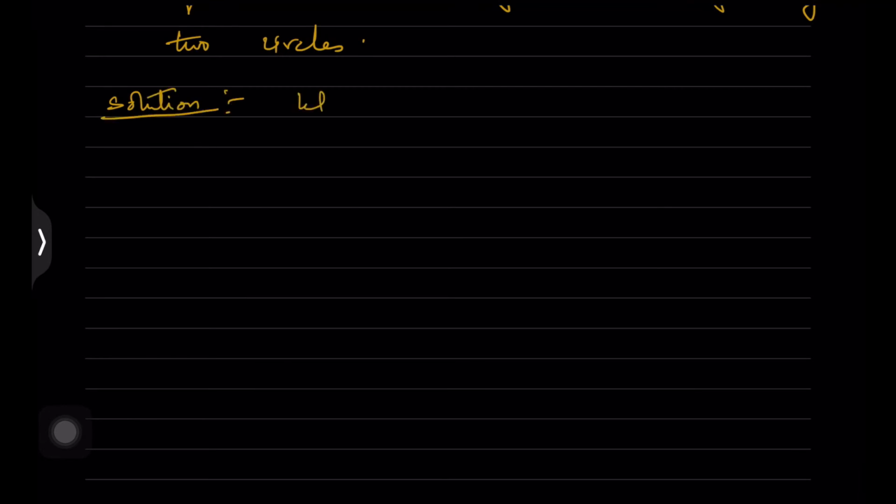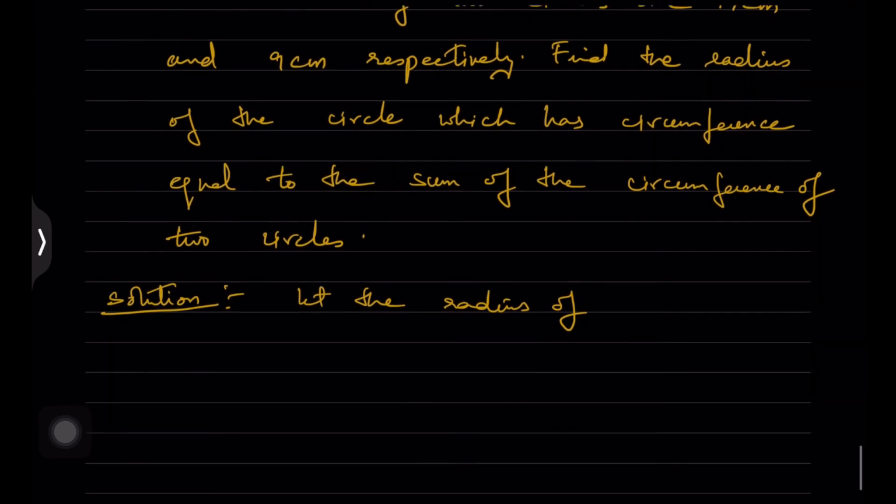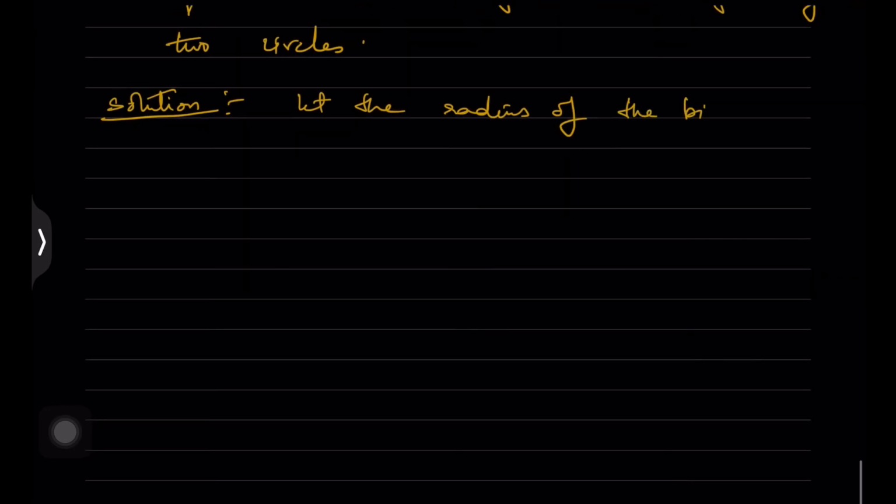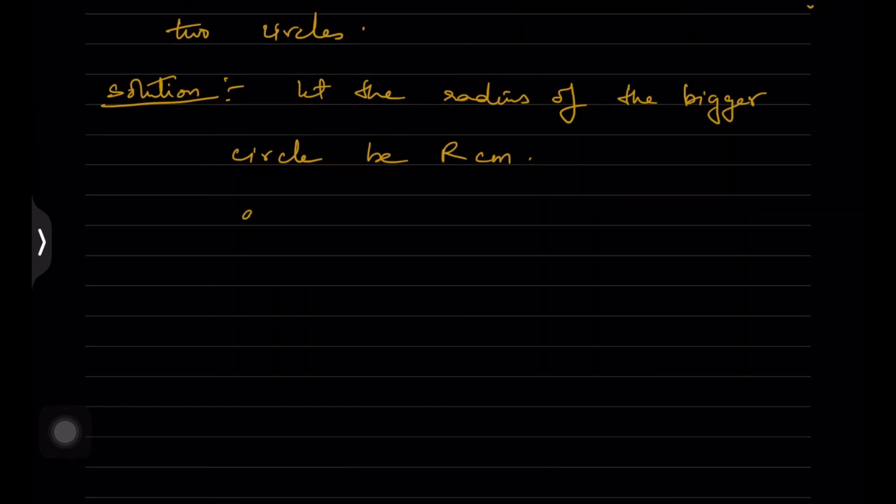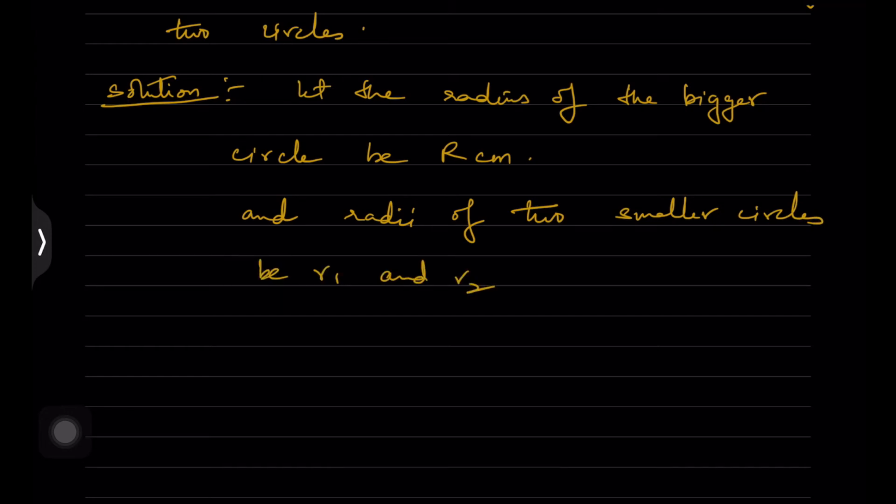Let the radius of the bigger circle be capital R centimeters, and the radii of the two smaller circles be R1 and R2. Then